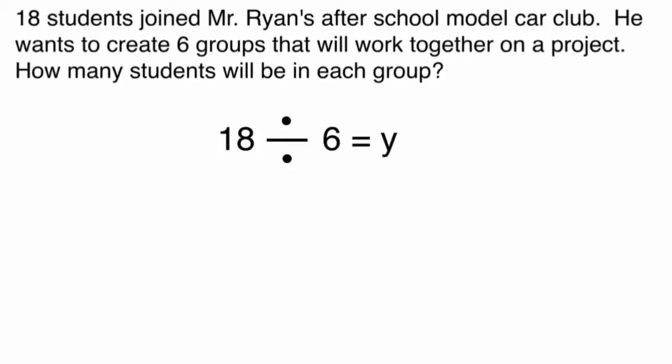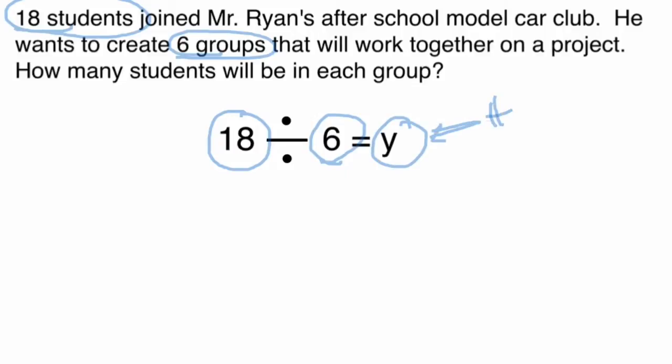So for practice problem 1, we'll do this one together. 18 students joined Mr. Ryan's after-school model car club. He wants to create 6 groups that will work together on a project, and how many students will be in each group? So I've given you a division problem, 18 divided by 6 equals y. Y is how many students will be in each group. Looking at it right here, I know that 18 is my whole group of students, which you'll see right over here, 18 students. I know that there are 6 equal groups, that's what I have here, and the y will be the number of students